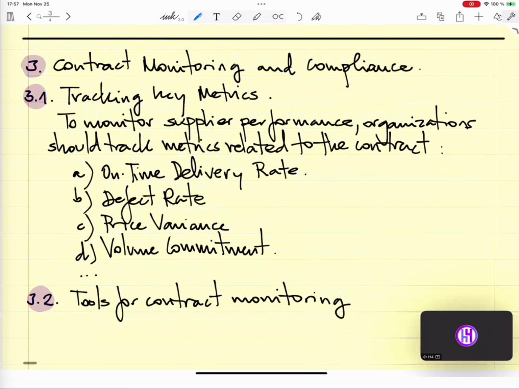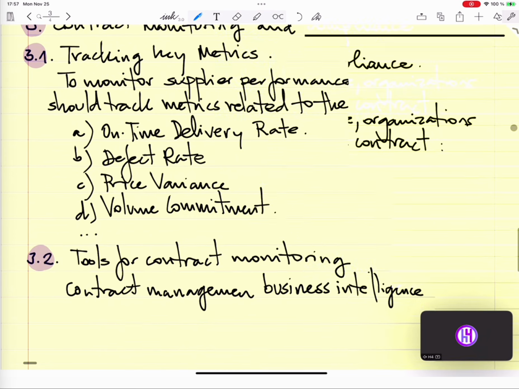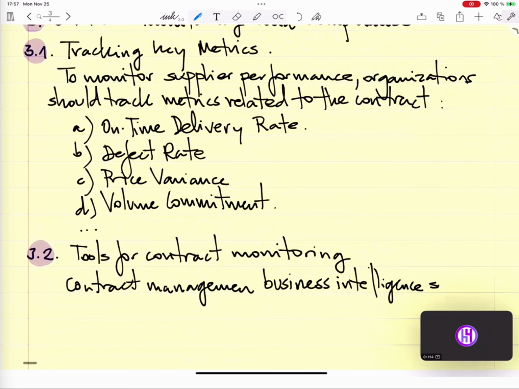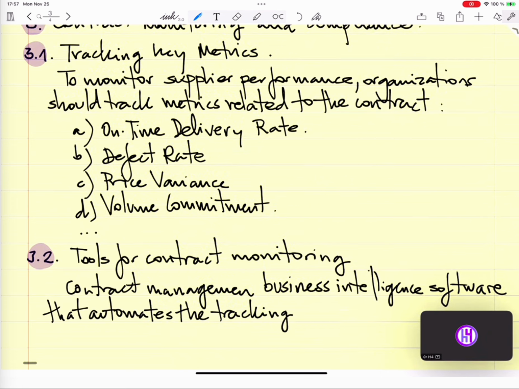So you want to have some contract management software, business intelligence software, that automates the tracking process,